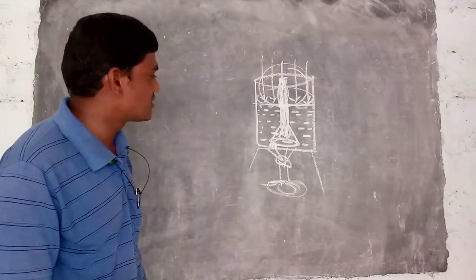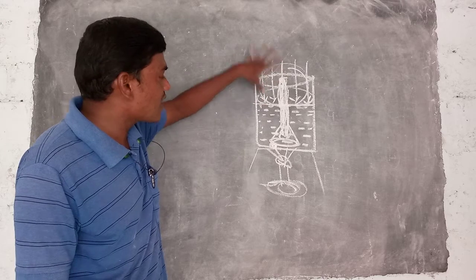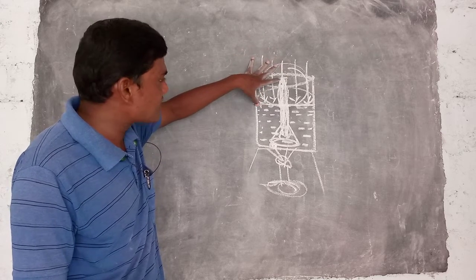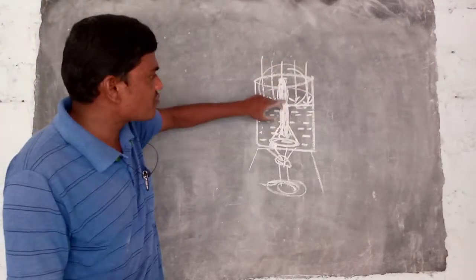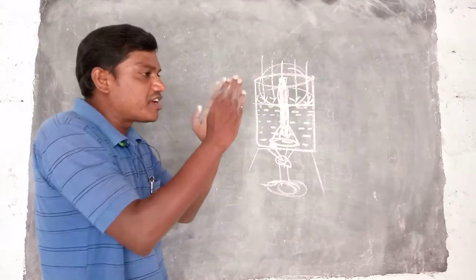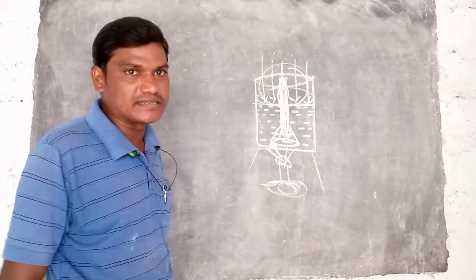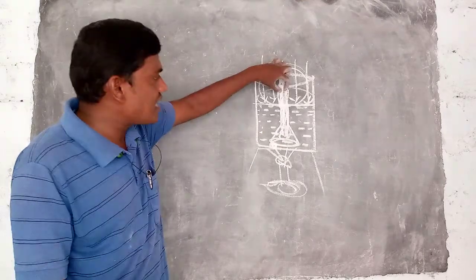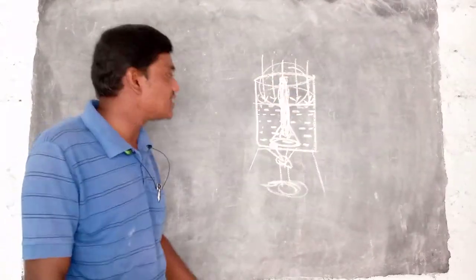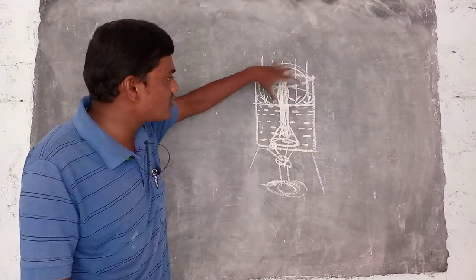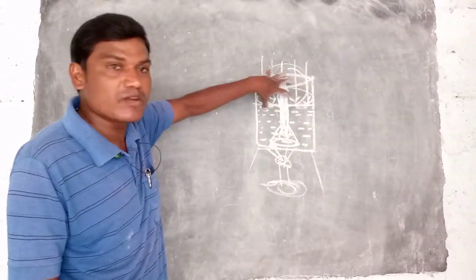What is the reason? The atmospheric pressure acting initially on the funnel and the beaker is the same, but above the surface of the water in the funnel, due to the narrow hole, some air is present. This air also exerts some pressure along with the atmospheric pressure. That's why the pressure there is slightly more than outside. Then what will happen?